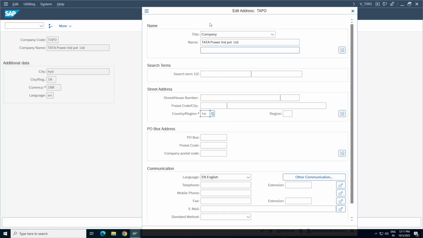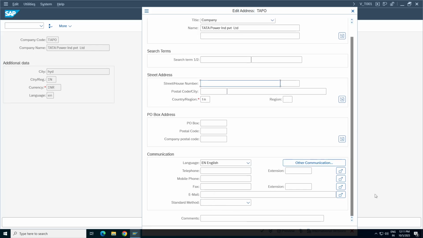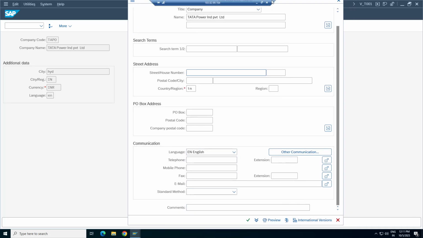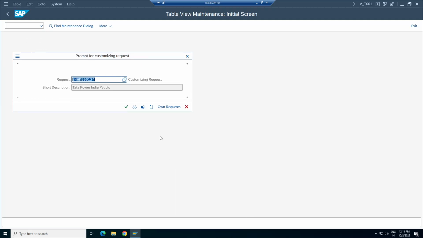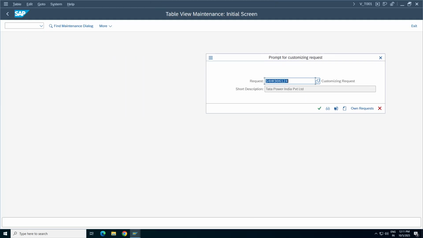As of now, I'm entering only important details, country India, and the description for the company. All the details, of course, definitely when you discuss with the client, you get all those details, and that will be sufficient. Just click on continue. I got the same one again. It's our relevant one. If you want to create a separate TR also we can create, but usually